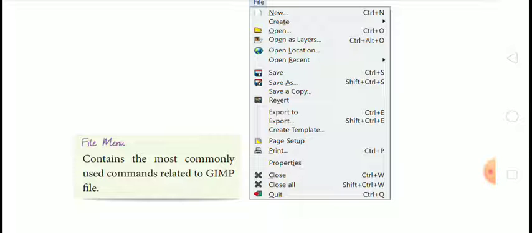When you click on the quit option, you can exit from the particular window on which you are working. And the shortcut key is Control plus Q. When you press Control plus Q from the keyboard, you can exit from the current window.